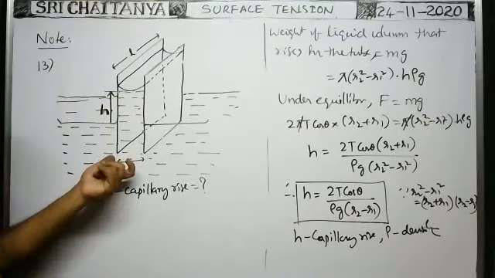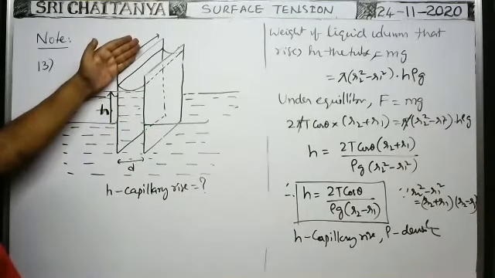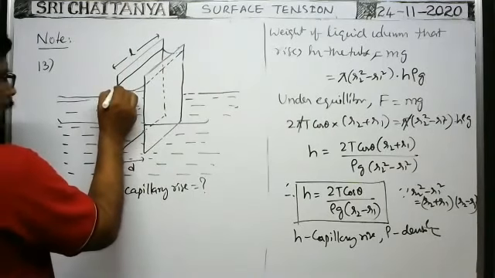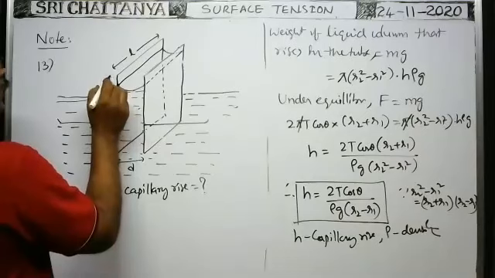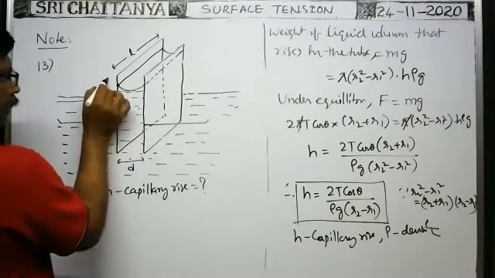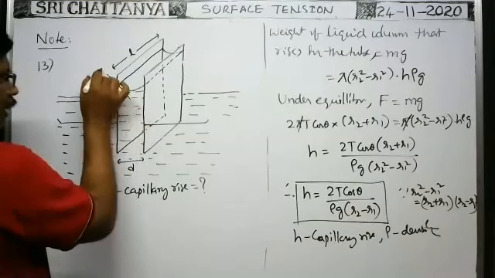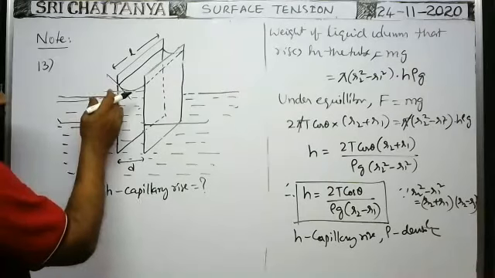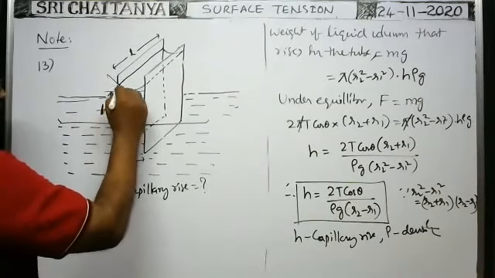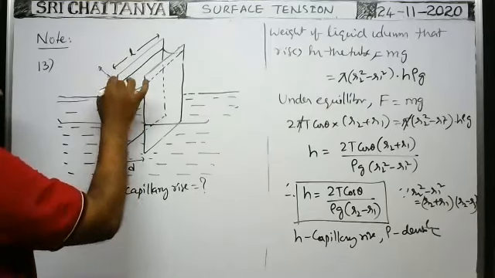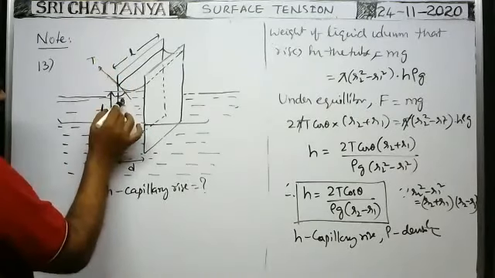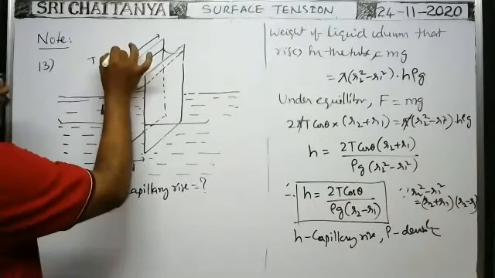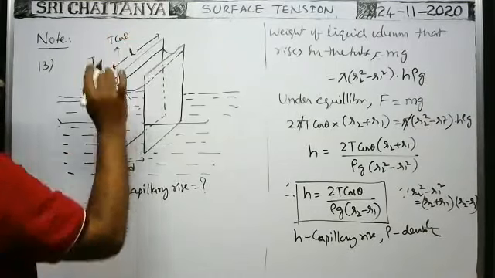The distance between the two plates is d, given. Length of the plate is given. Now, what is the capillary rise they asked? Here, suppose at this point of contact to the surface of the liquid, you draw a tangent. The tangent is along this direction. The angle made by this tangent with the surface of the glass plate inside the liquid is the angle of contact. Then surface tension acts at this point of contact in this direction. If it is theta, then you take the component of this surface tension along vertical direction, that is equal to T cos theta.